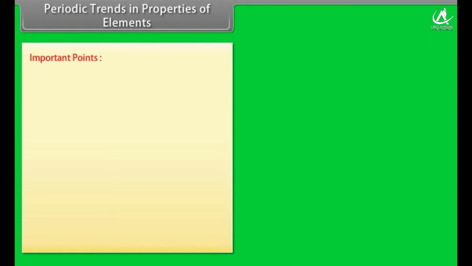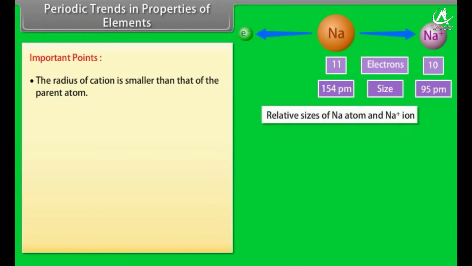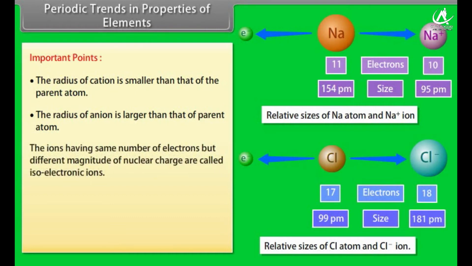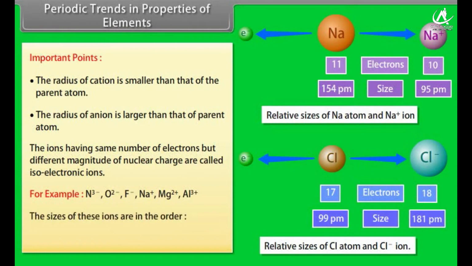Important points. The radius of cation is smaller than that of the parent atom. The radius of anion is larger than that of the parent atom. The ions having the same number of electrons but different magnitude of nuclear charge are called isoelectronic ions. For example, the size of these ions are in the order: